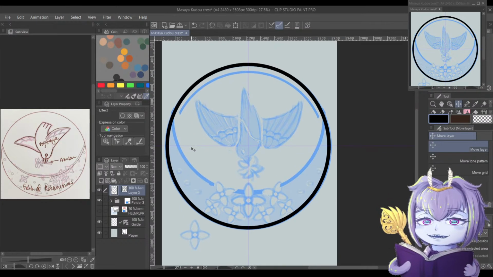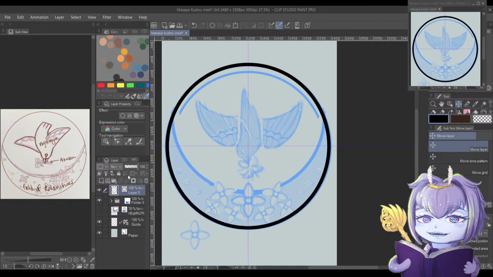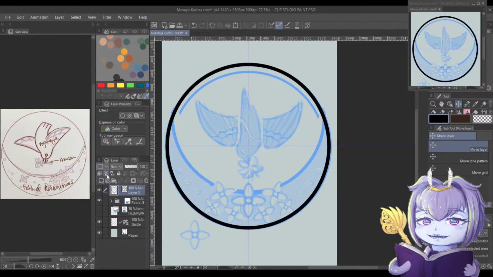So since it is for a Saniwa OC, of course, I'll be heavily, more than usual, inspired by the crest designs in Touken Ranbu, because that's where it's for. So it would look a lot nicer if it's from there. And the interesting thing about